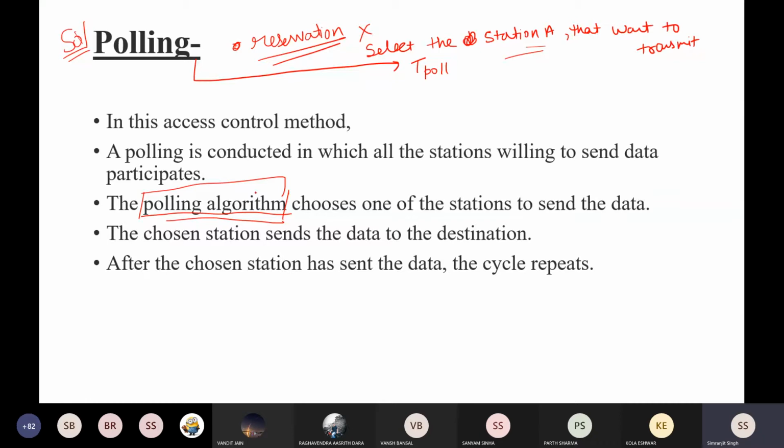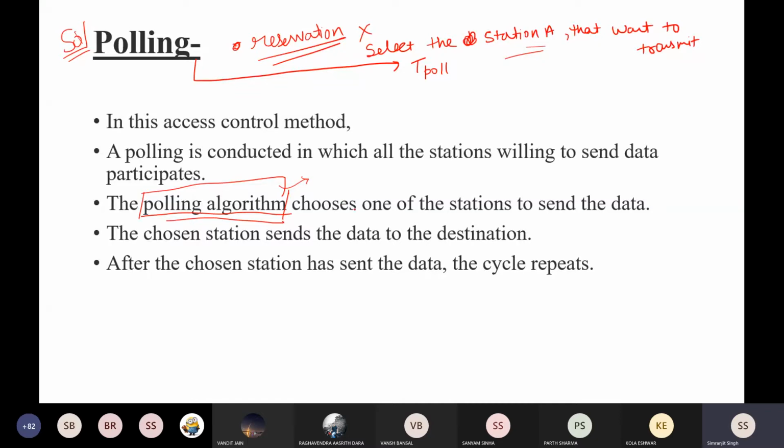Okay, so this particular polling algorithm is not asked in any GATE question or in any CCNA or CCNP question. Still, if you want to study it, you can search for it and find this algorithm. It's a very simple approach: it takes a poll from every station and assigns a priority based on the polling. If you look at it, you will understand it.